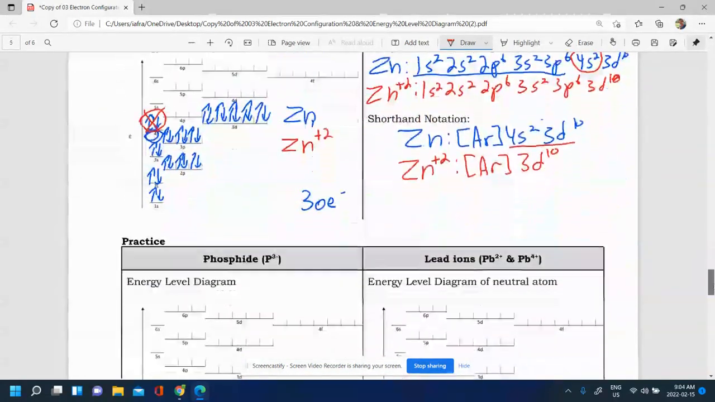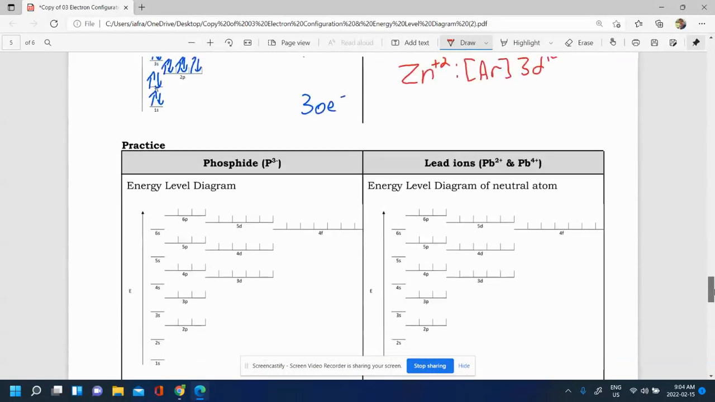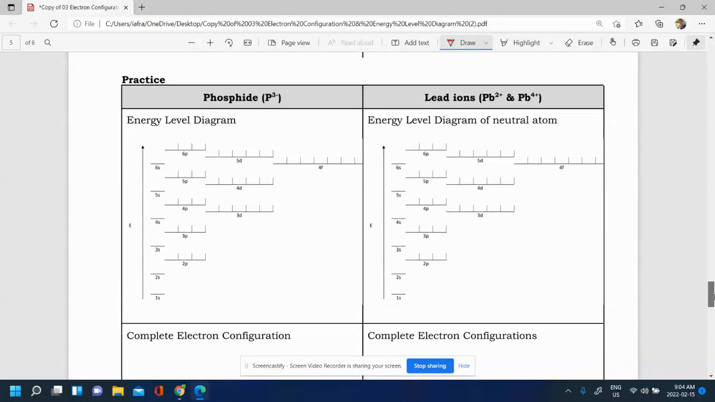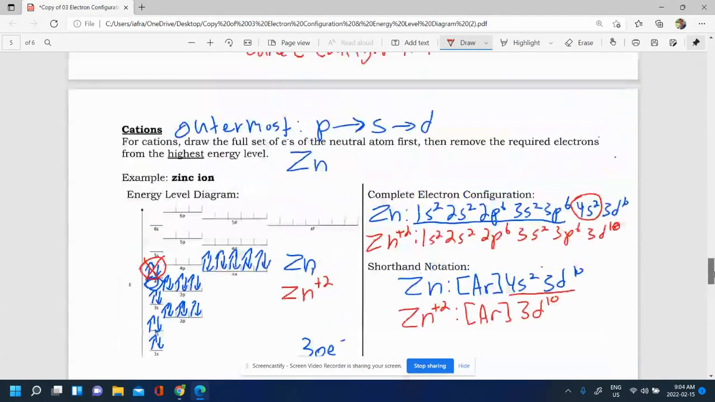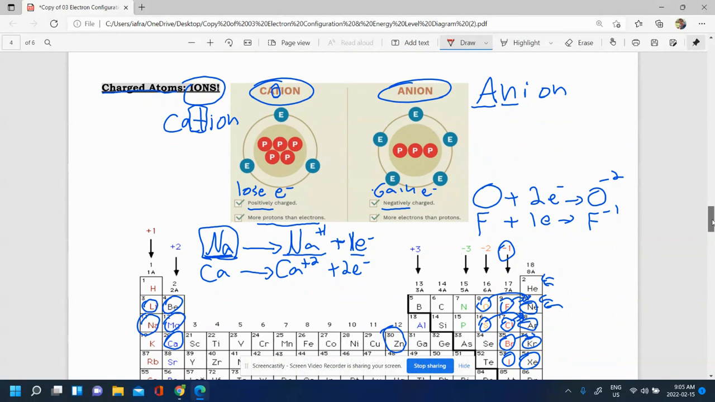So let's try a few other practice problems to make sure we understand the concepts of ions forming. We'll do the phosphide example with the ion of P3 minus, and then we'll do the lead ions of Pb2 plus and Pb4 plus. So before you try those, I recommend you just review this video by going over what